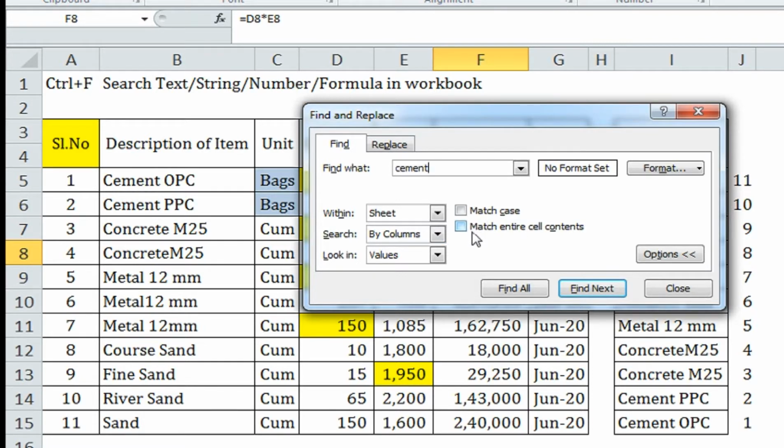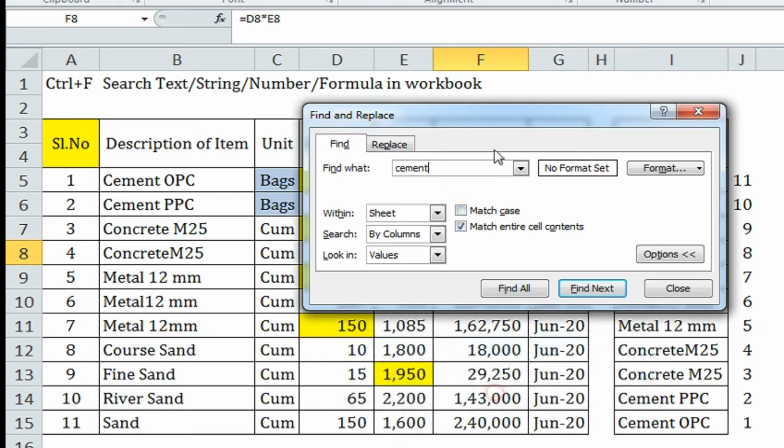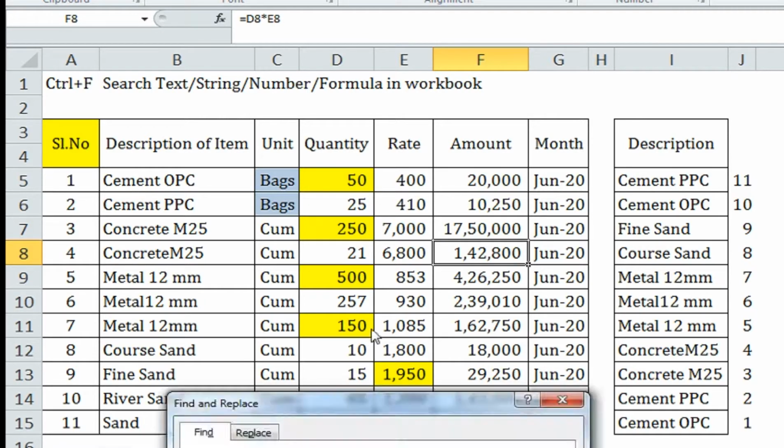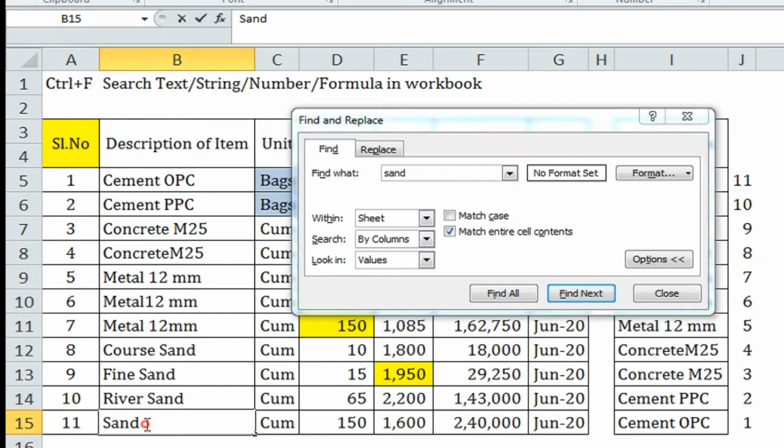Instead of this case, if I select match entire cell content and do search, you will get nothing because there is no single cell in this sheet showing only cement here. So again it works for the sand. You can see here I will give sand here. So sand will be found because the whole content of the cell is only sand and what I'm looking for is also sand.